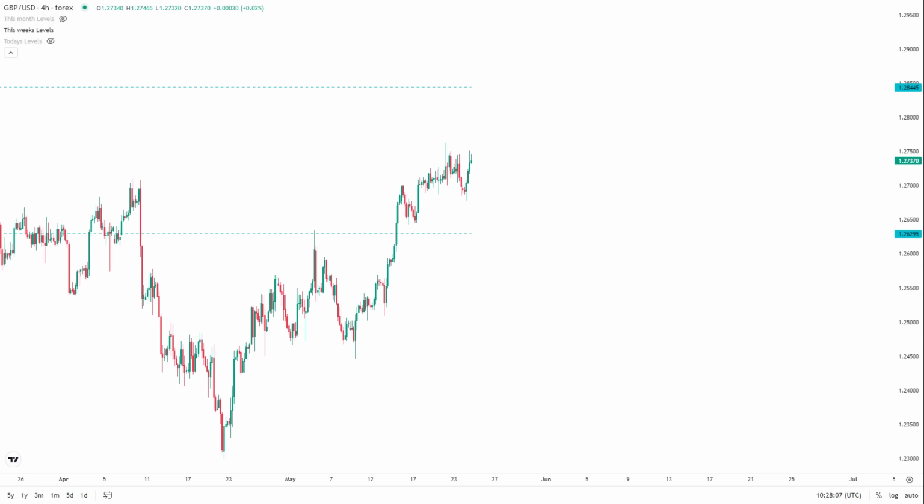The next pair we can look at in terms of the US dollar next week is pound dollar. We are tentatively trending to the upside. We do actually have a trend reversal here, as you can see. We've made a new high, we're making new highs, we've made a higher low. But overall, are we going to continue? It's hard to say, but certainly going into next week, I do favor long positions in pound dollar given the